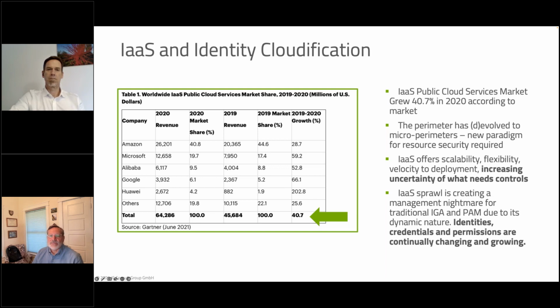Identities and credentials and permissions are just continually changing and growing, and so it's become a problem to manage access and other things as well, not just in the identities and securing, but in learning how to configure it. The expertise in the IT teams is having to grow to manage the infrastructure. So more and more expertise is needed, and so we're just having lots of challenges in managing the infrastructure.